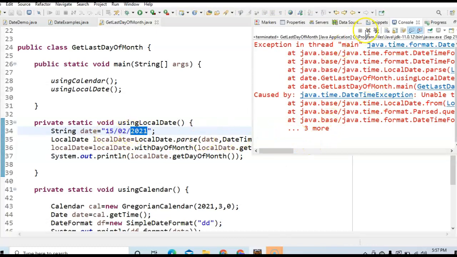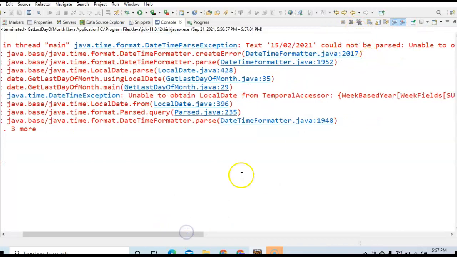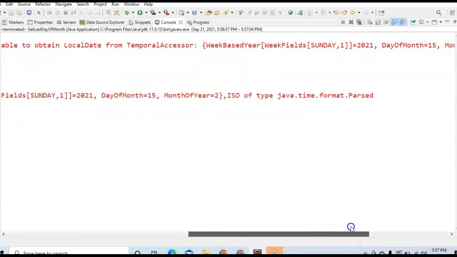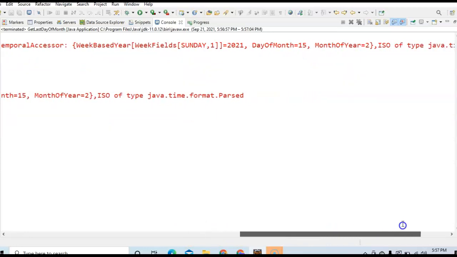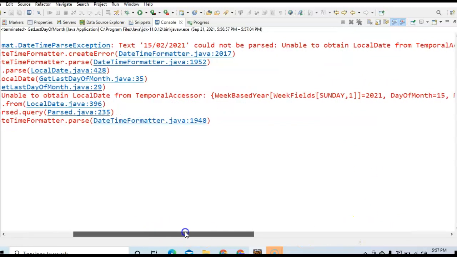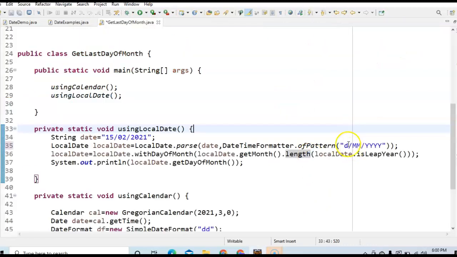Let's see, we are getting some exception here. Let's see what the exception is. Text 15/02/2021 could not be parsed. Unable to obtain LocalDate from TemporalAccessor. Weekday-based year, Sunday 1, 2021, 15th, and month of the year is 2. Let me check what the exception is here. Let's fix this exception. The root cause of this issue is